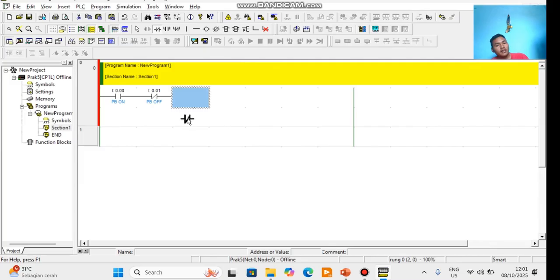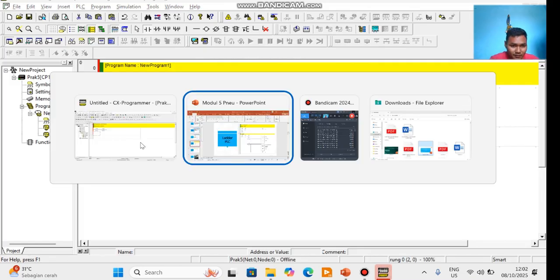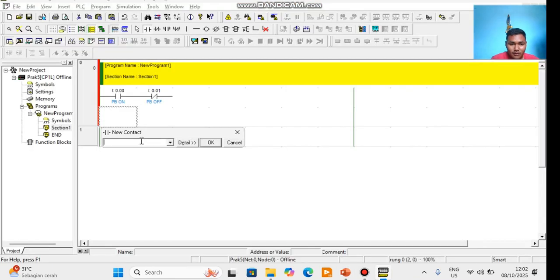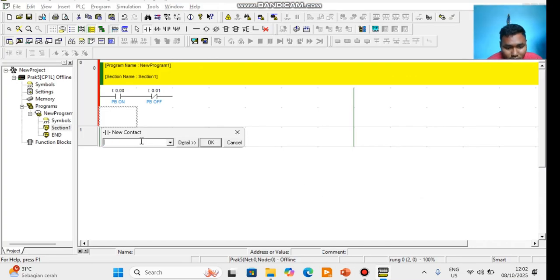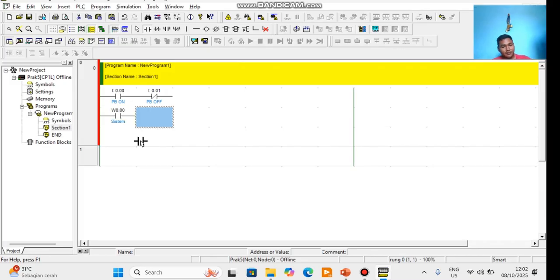Under PB on, you drop a normally open contact with address W0.00 and the name system, enter. You add a vertical connector.